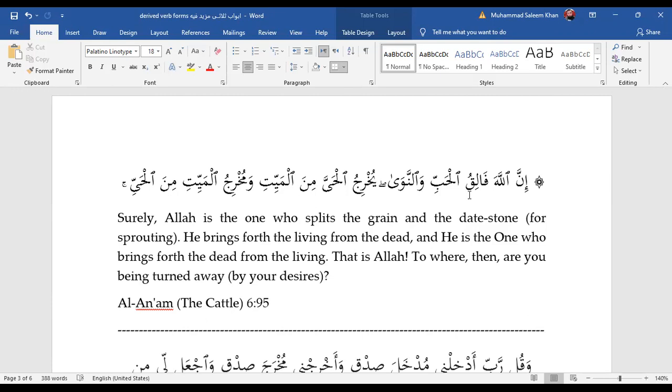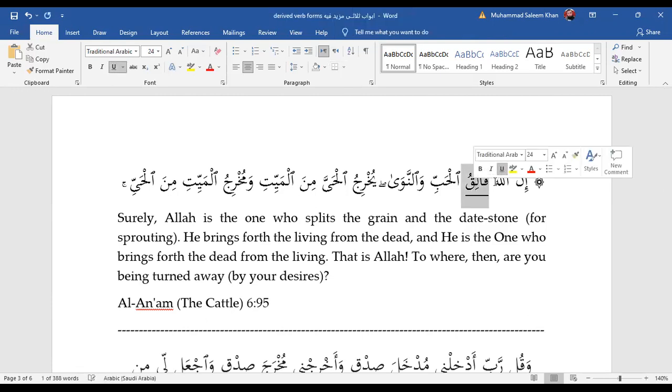Anything that comes to your mind? What do you think will be the root letter of faliq? Try to figure out the root letter. Hamza, lam, qaf? No, alif, as you can see here, alif is always extra. Alif will never ever be part of the root. Fa, lam, qaf. Falaq. Do you remember anything from Falaq? Surah Al-Falaq. What's the meaning of Falaq? Daybreak, or the dawn, as we say.